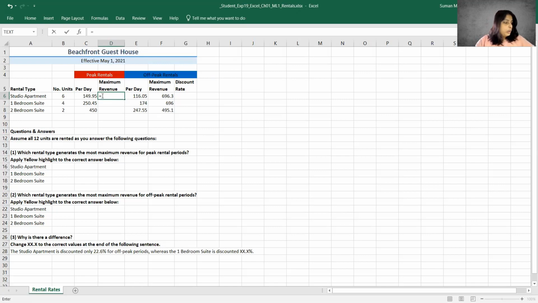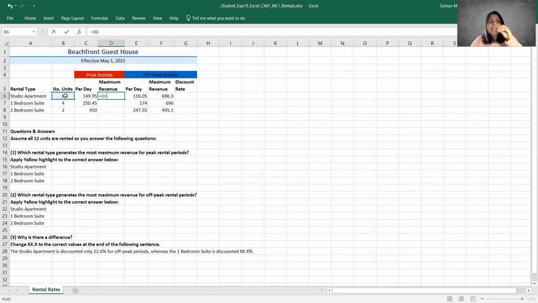We are told here in step 7, the formula is number of units times daily rate. However many units they have and they charge that per day is how much money they're going to make on those beach guest houses. So I'm going to click on cell B6. You can also type B6.